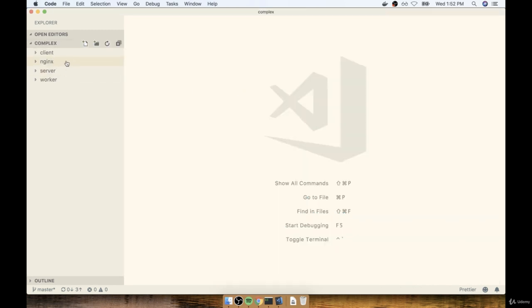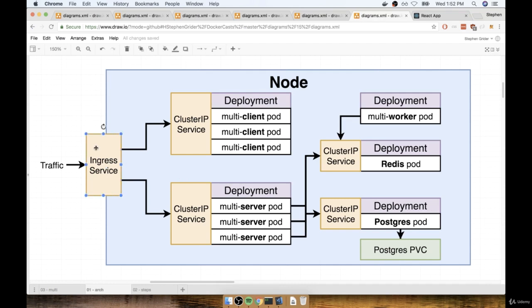Now I'm also going to delete the nginx folder. We previously had a nginx image to serve as kind of the primary routing inside of our entire cluster of containers, but now for routing, we're going to rely upon something called the ingress service, which we're going to talk about at great length in a little bit, but for right now, just know that we don't need